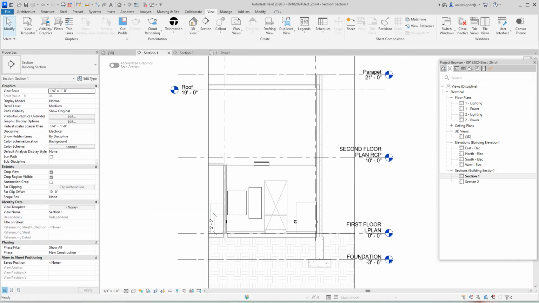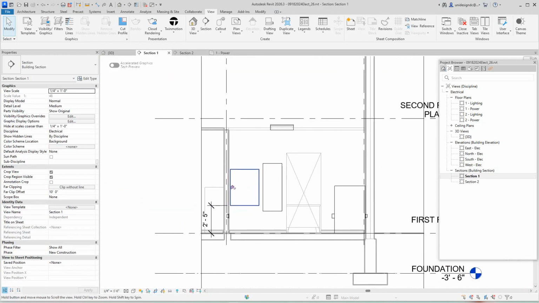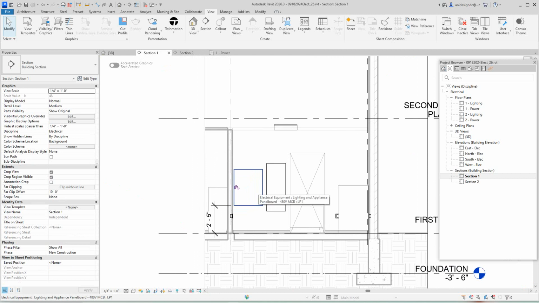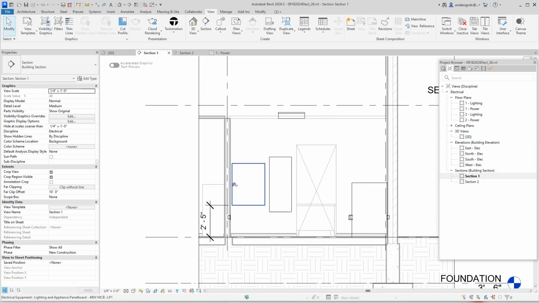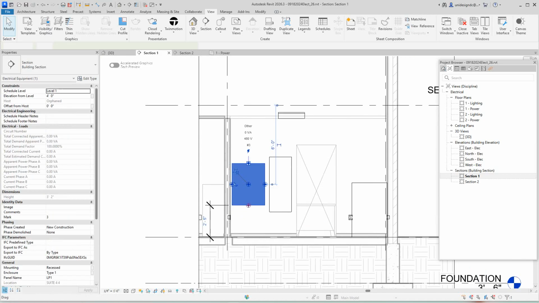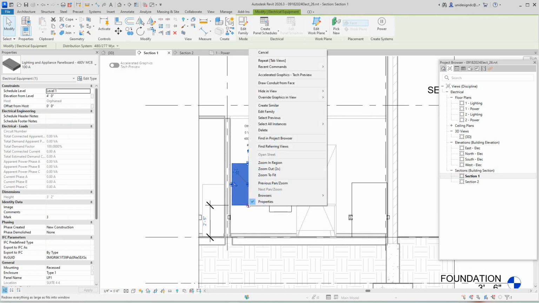So I'm going to go into this drawing right here, and we've got all of our view filters set up, so we can go in and place conduits. Like we did in the previous video, I'm going to select this. I'm going to draw a conduit from base,